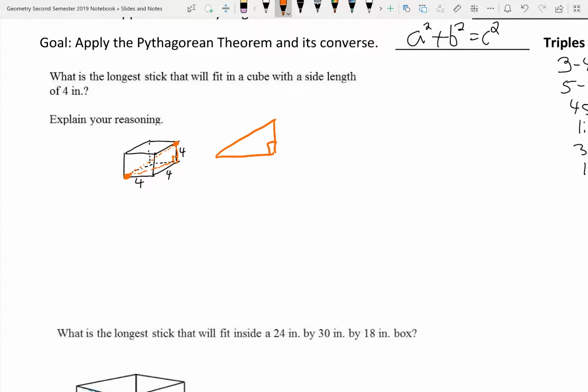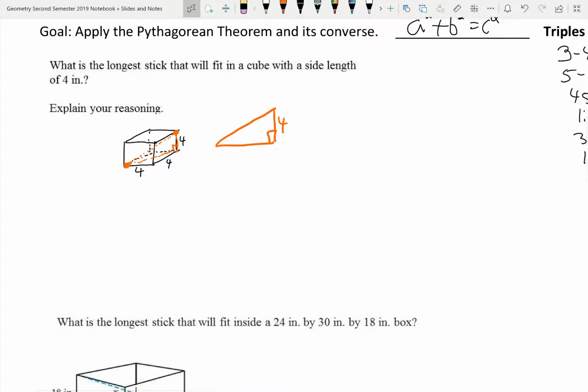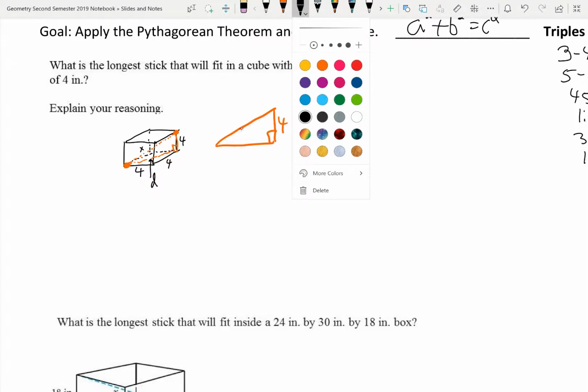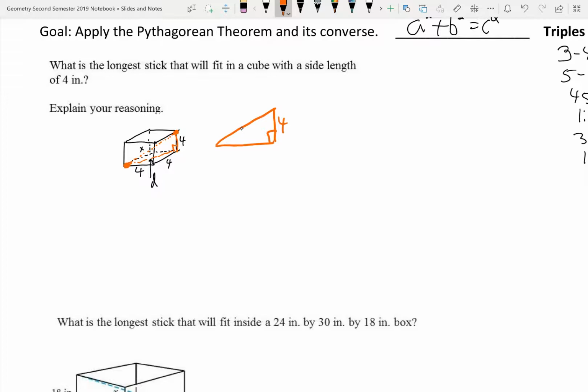Nice. And this length here is 4. And this length here, we'll just call x. And the length down below, I'll call d. Okay, so I'll label this side d and this side x. So to solve for x,